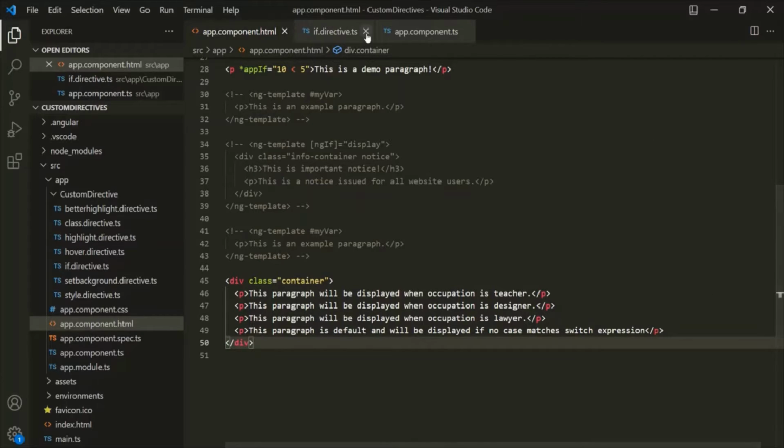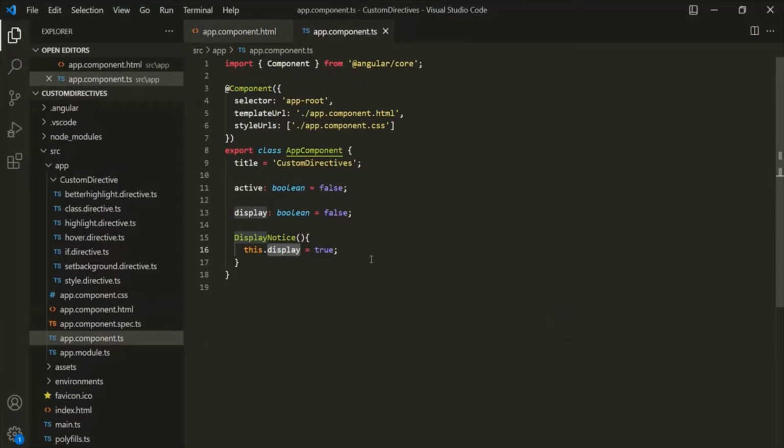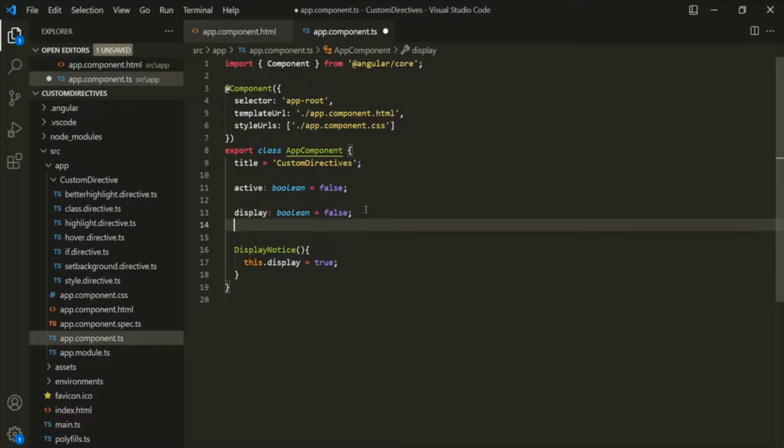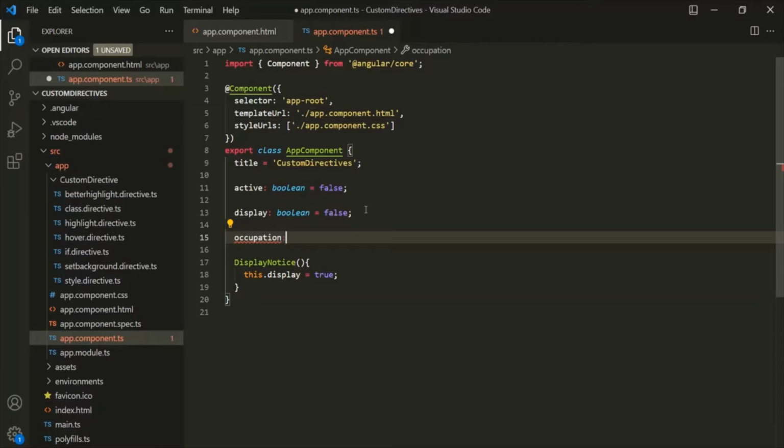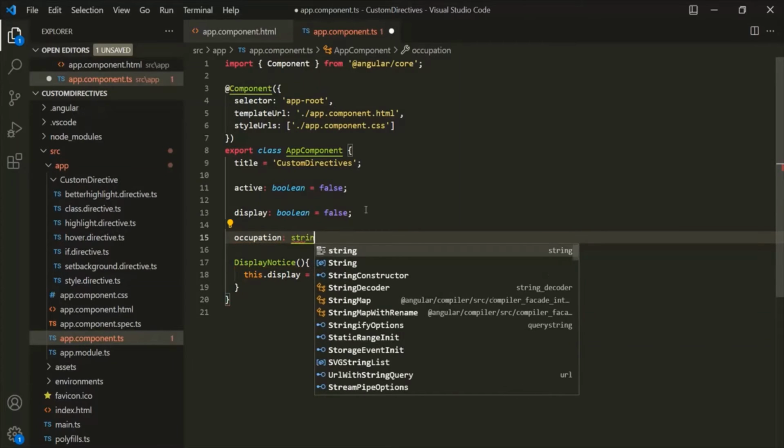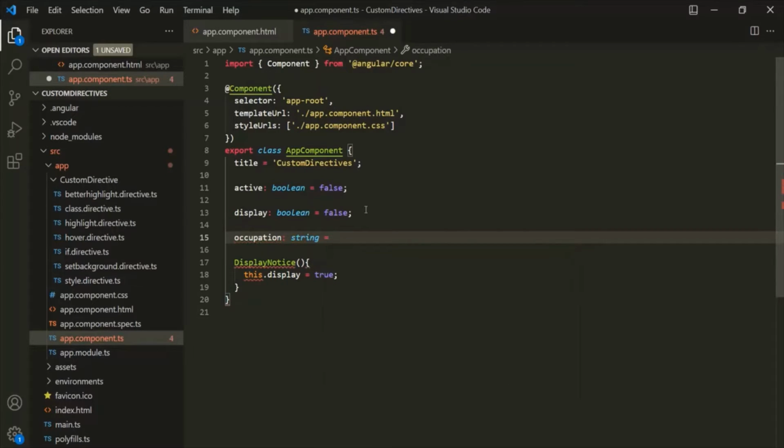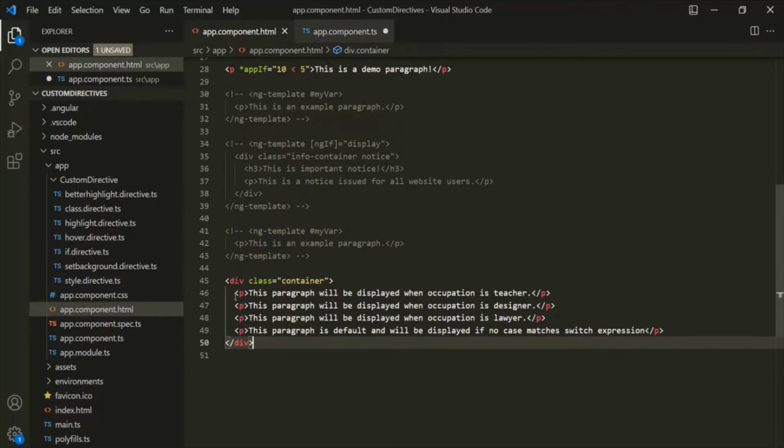So for example, let's say in our app component class, we have a property called occupation. This property is going to be of type string, and initially, let's assign it the value, maybe teacher. Okay, so what we want is, based on this occupation property, we want to display one of the paragraphs from